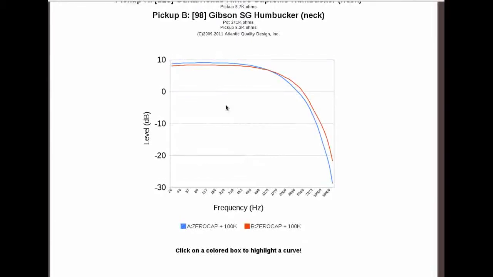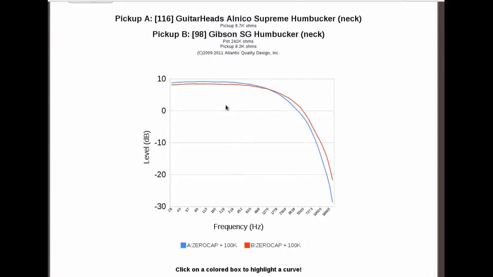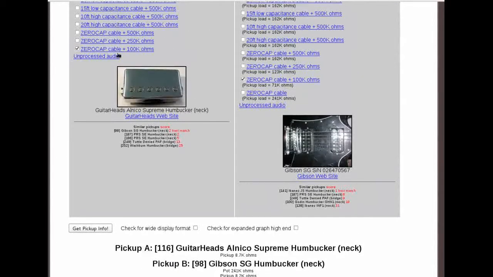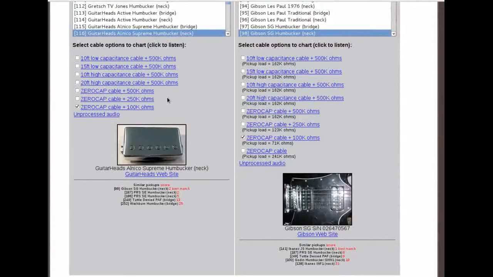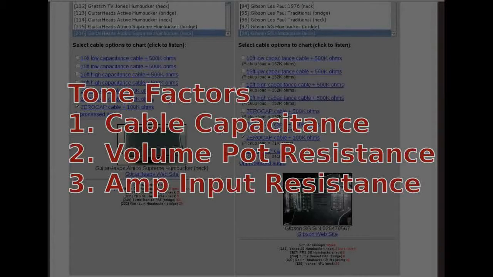So there are the three ways of comparing pickups: the response curves, the sound clips, and the similar pickup scoring. Oh, but there's more. You know that the type of guitar cable affects the sound of your instrument, because the longer the cable, the more capacitance the cable has. Cable capacitance rolls off the high end on passive pickups. Also, the volume control in the guitar has a resistance value that affects tone, as does the input resistance of